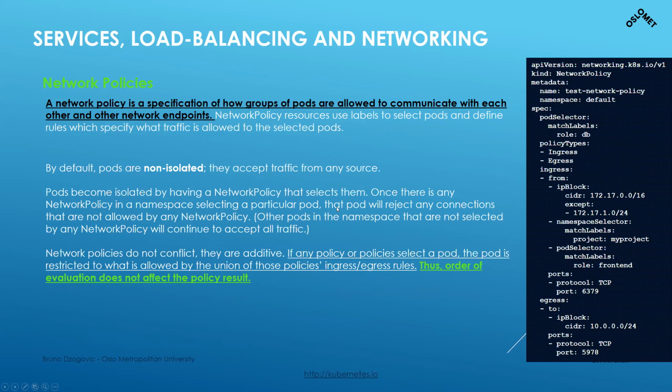Next are policies, network policies. In the network policy, there is a specification about what things can communicate with what. So in that case, you put egress and ingress policies. Ingress policies define what can be accessed from where inside your backend. So it means that you put IP blocks, with a from and a to.